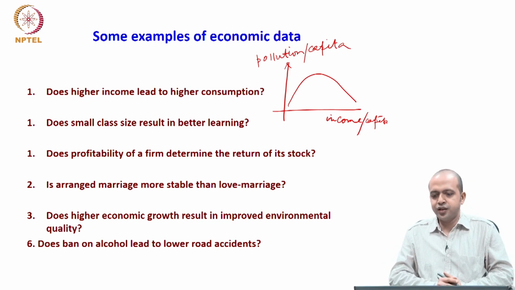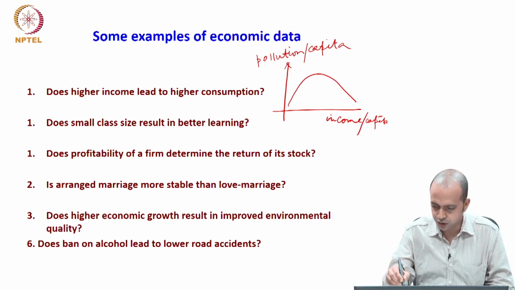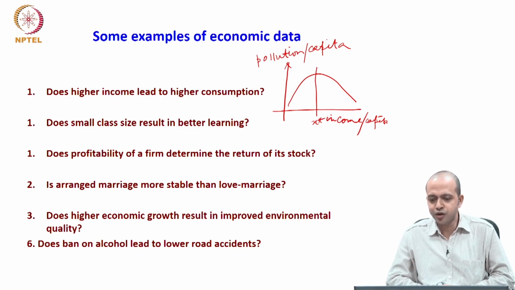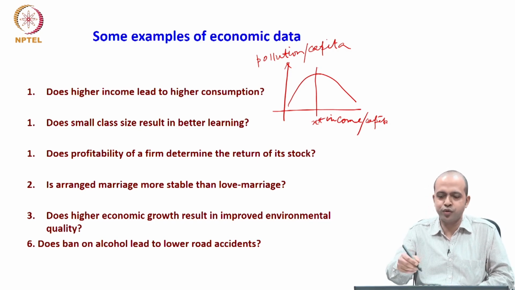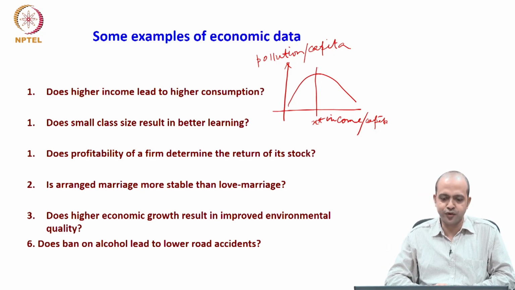So, you will get an inverted U-shape relationship. It basically says that once you achieve a certain level of income per capita, let us say this is x star level of income per capita, then your pollution per capita will come down because of the public's preference towards a cleaner environment and because of the stringent environmental regulation that the government will bring in to curb the pollution,